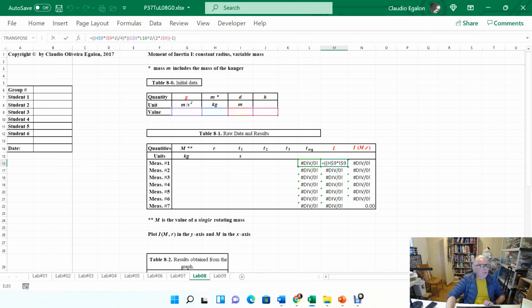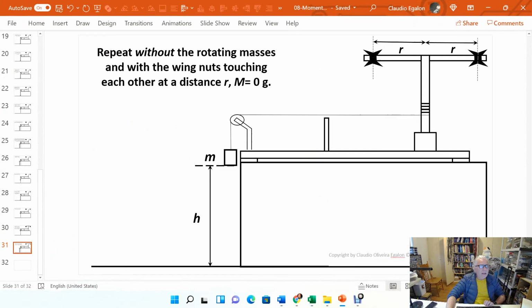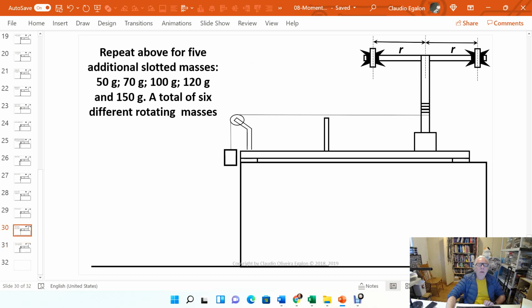Okay, but let's not forget that this is the moment of inertia of the whole set. It is the moment of inertia of the shaft, the crossbar, the wing nuts, and the masses. I want to know only the moment of inertia of the masses, which behave like point masses. How do we find that out? Okay, I'm going to need another